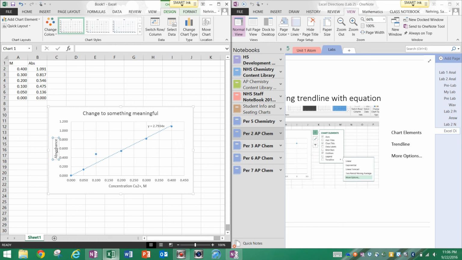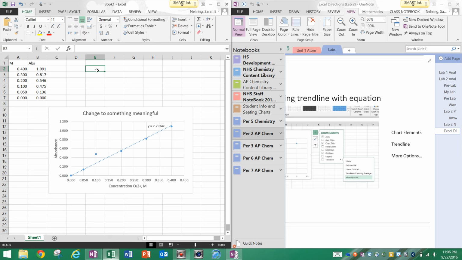So y is absorbance, and your x-axis is concentration. So your absorbance equals 2.79 times your concentration. That means that when you take the absorbance of your unknown, your brass solution, and let's say the absorbance of it was,